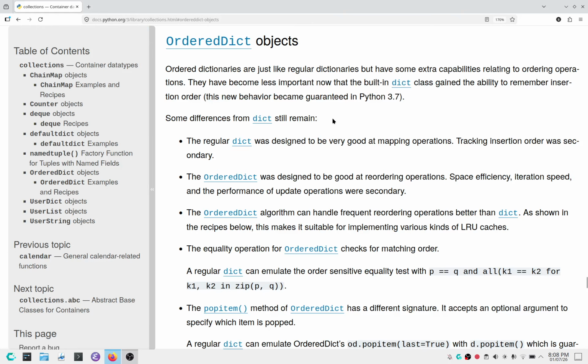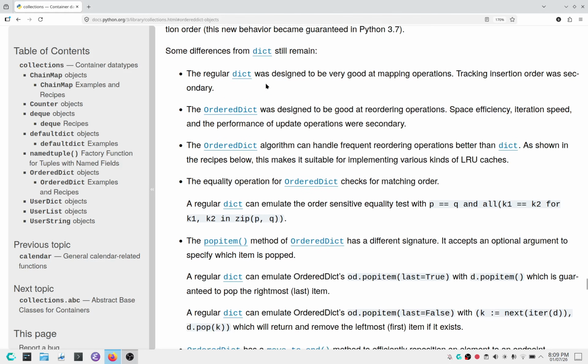Some differences from dict still remain. The regular dict was designed to be very good at mapping operations. Tracking insertion order was secondary. The ordered dict was designed to be good at reordering operations. Space efficiency, iteration speed, and the performance of update operations were secondary. The OrderedDict algorithm can handle frequent reordering operations better than dict, as shown in the recipes below. This makes it suitable for implementing various kinds of